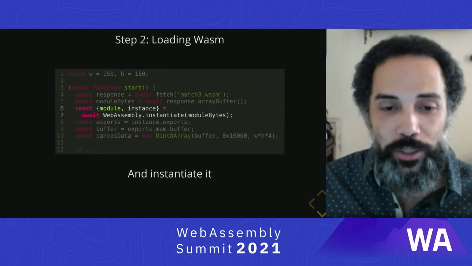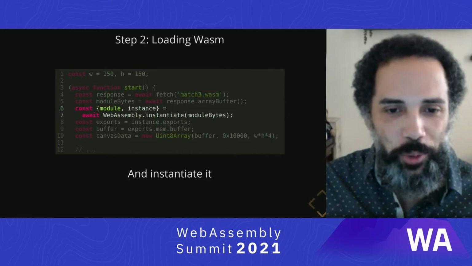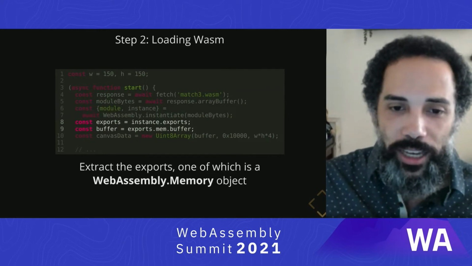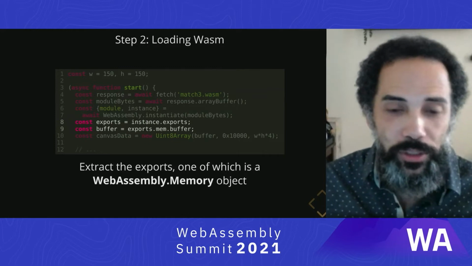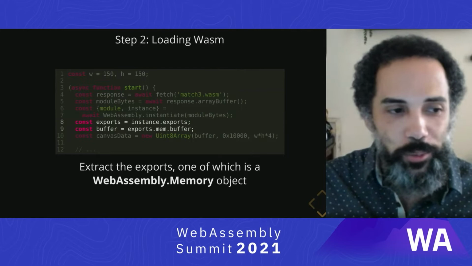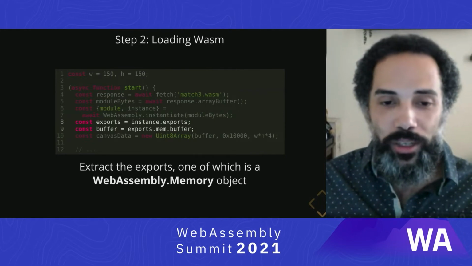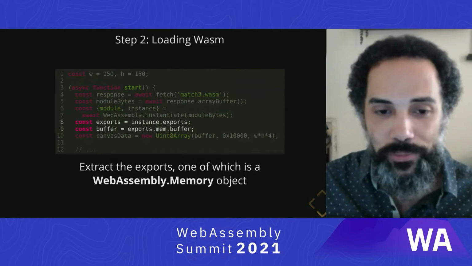Probably some of the other talks will talk about the difference, but for now, the important thing is that the instance is what we actually care about. So our instance has some exported values. One of those exported values is a memory object. So we take that memory object and then we extract the array buffer from it. The array buffer represents the entire array of bits and bytes that we can access inside the memory buffer.